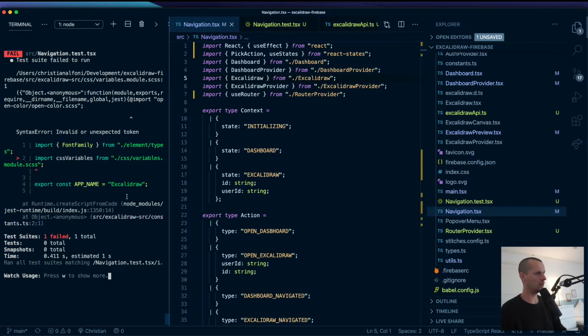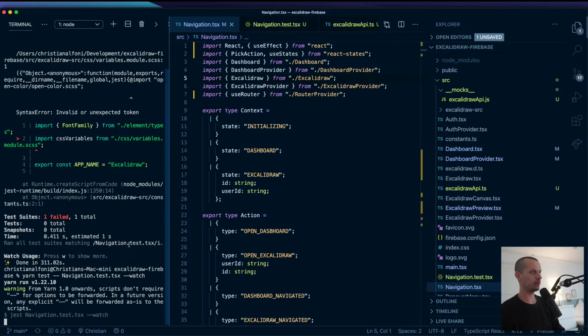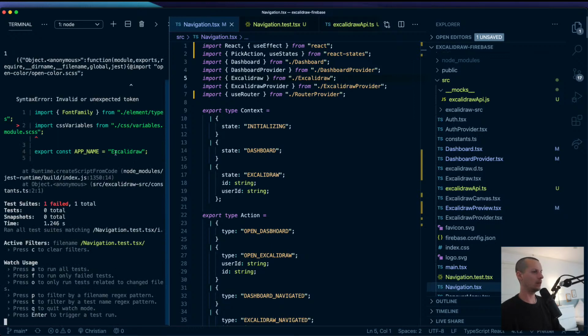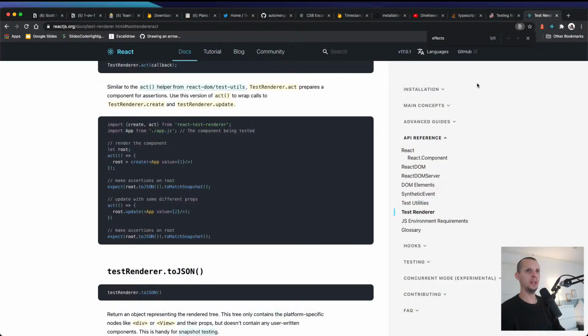Constants. Yeah, I wonder why it doesn't work. Why does it look into this stuff? Wasn't this how I created